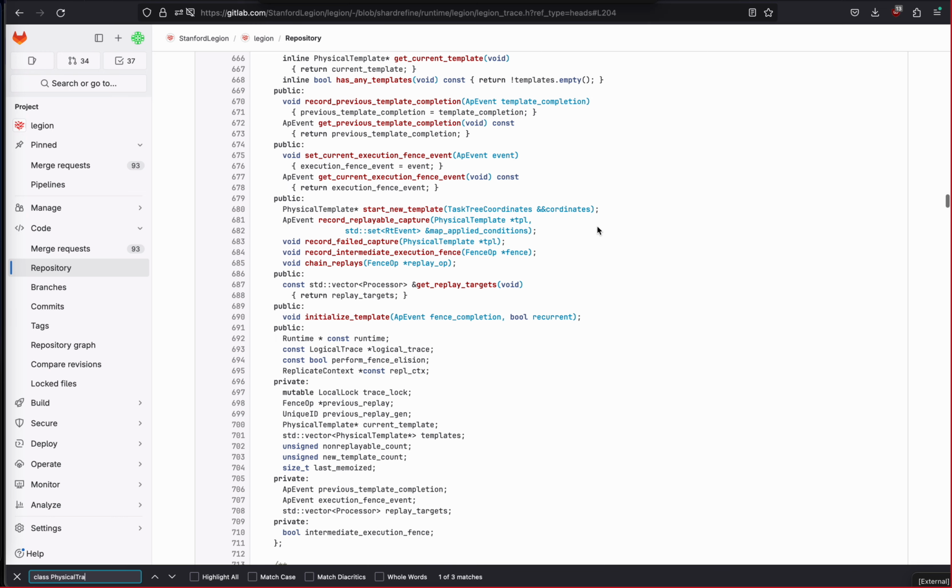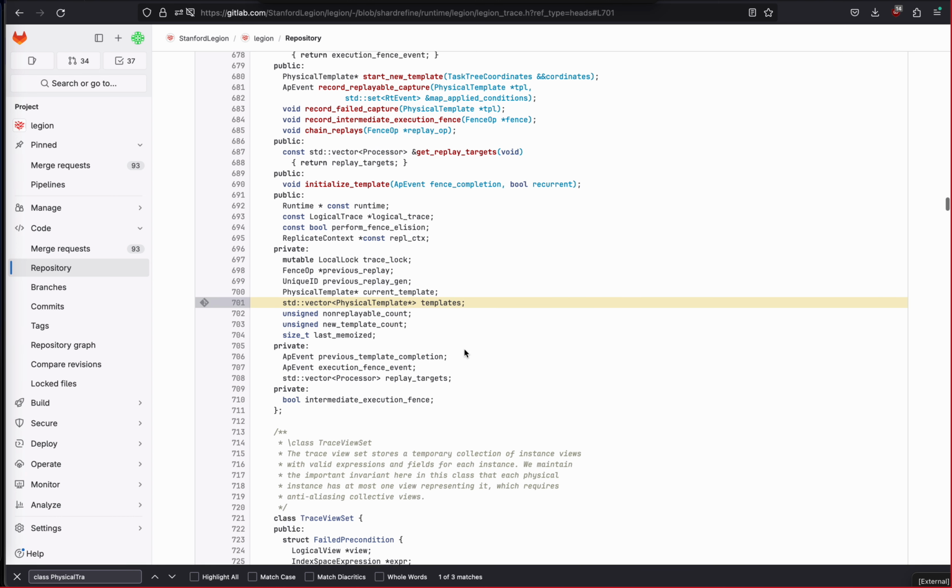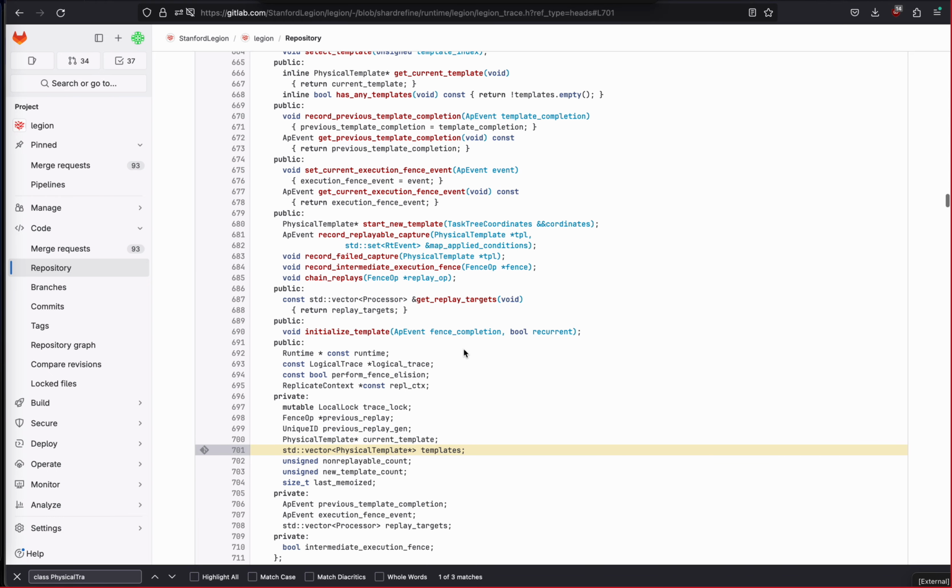There's a bunch of data structures in here, but really there's one really important one, and that is this one right here. This is the vector of templates. Let me introduce to you the concept of a template, and then we'll talk about why there are several of them here and what the current template is. Remember that I told you that just because the user has promised that region requirements and such are the same, the mapping decisions might be different. And so a template is a capture of a physical trace, with an associated set of preconditions